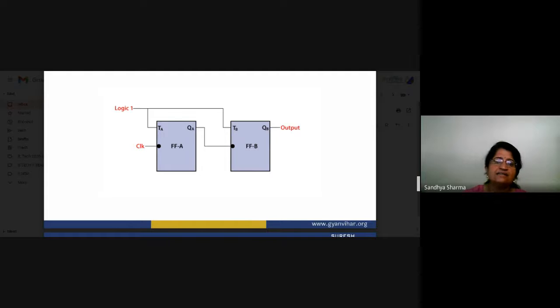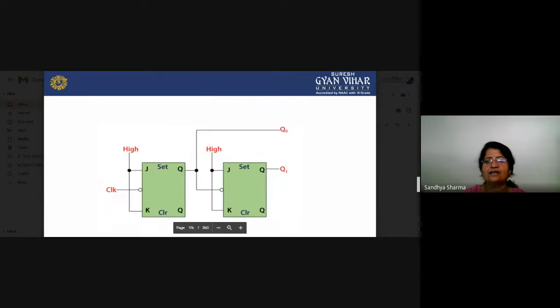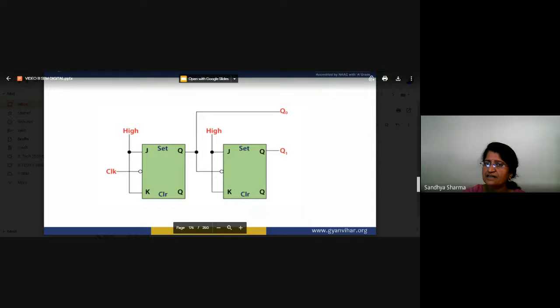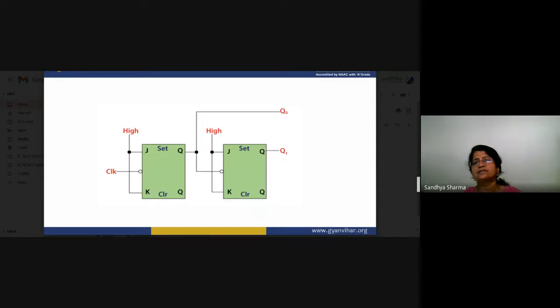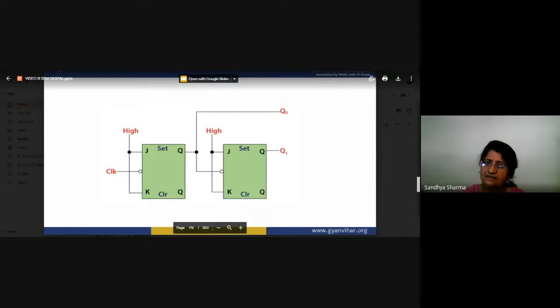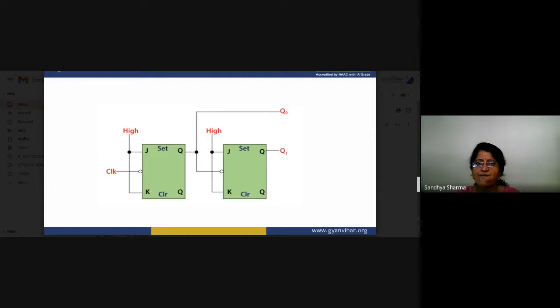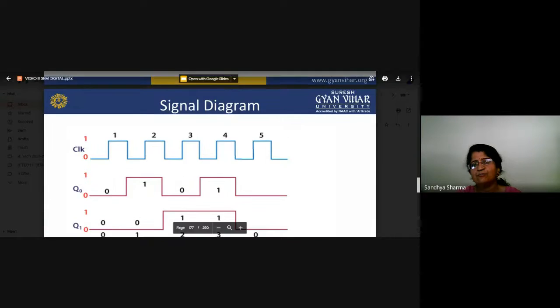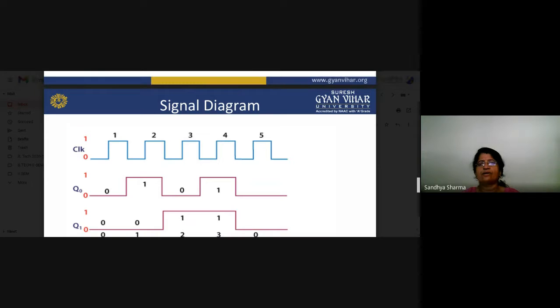In the next diagram, we will see the basic working. You can see here again there is a JK flip flop. You can design your counter either by using the T flip flop or by using the JK flip flop. Here, these are the clock signals. You can see it. Now you can see what will happen and how the asynchronous counter will work out.